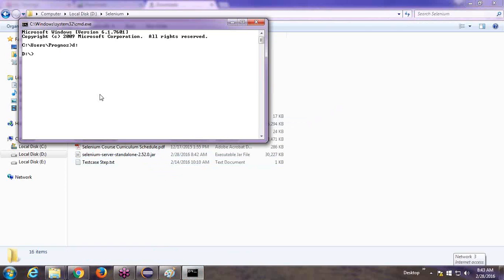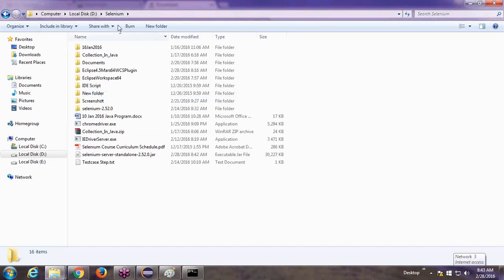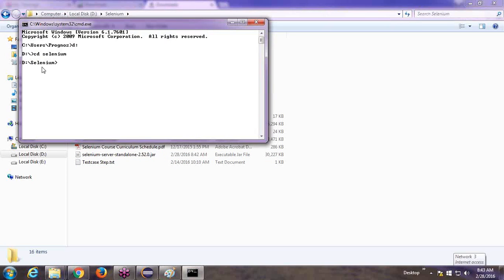So now we have to come to the location where we stored these jar files. This is in the D drive, Selenium folder. So we come in here, the D drive path setting will be there. Now we have to write java space hyphen jar. This is how to start the Selenium server, or how we start the hub in our system or any system. So the command will be like this: java space hyphen jar